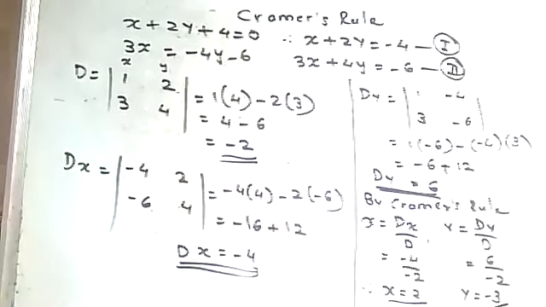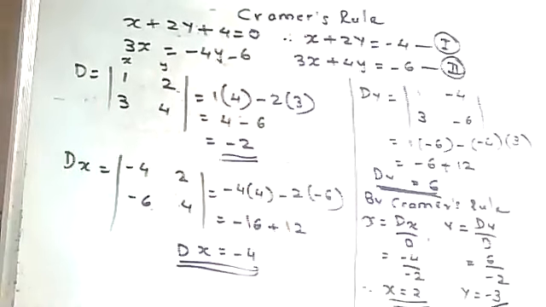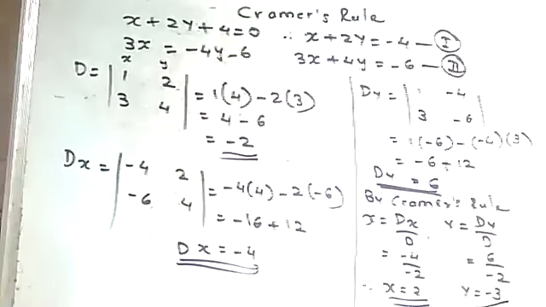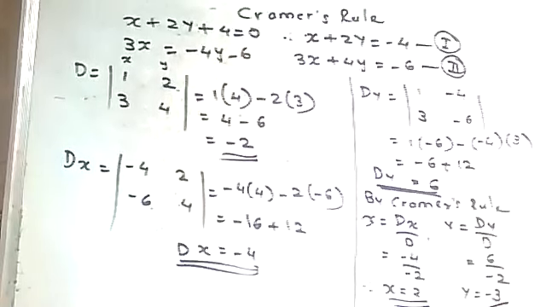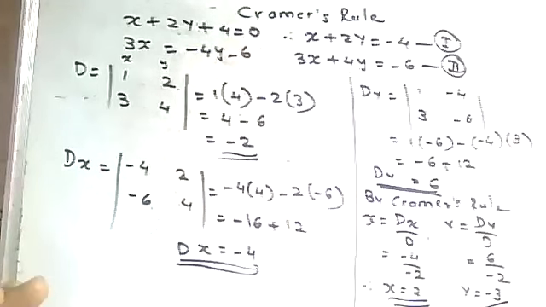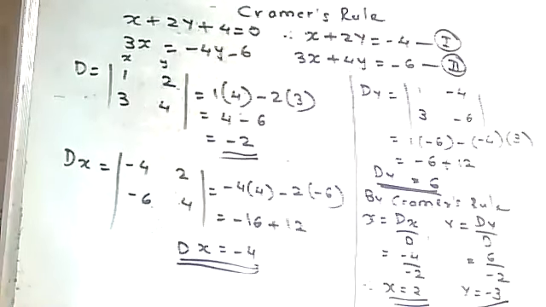And there may be a chance they will give you two equations and for the options they will give you the solution as 2 comma minus 3, minus 2 comma 3 and so on. So there you have to solve the equation, but at that time it is not compulsory that you should solve by Cramer's rule. You can solve by any method obviously to get the solution.